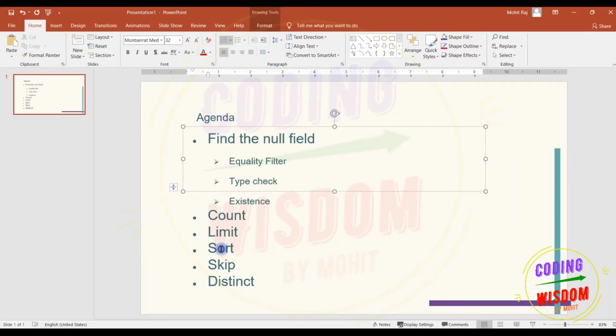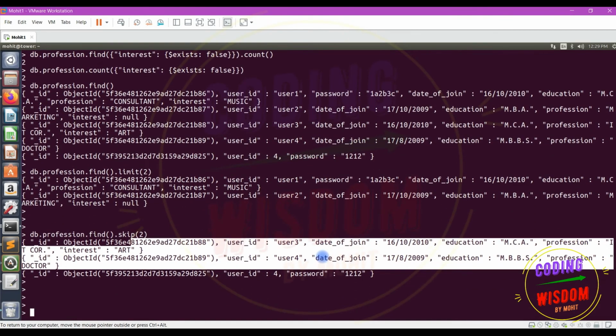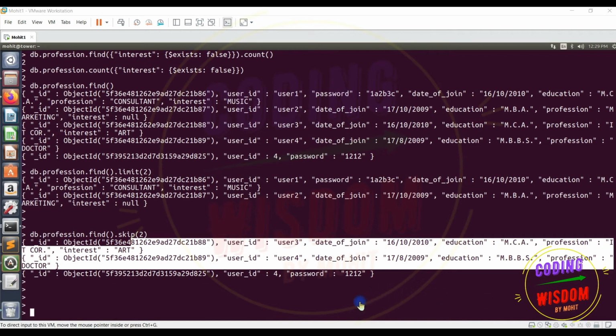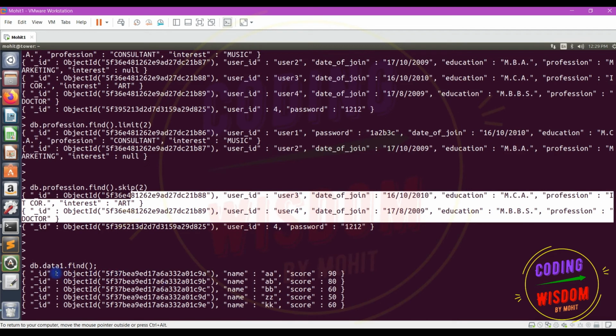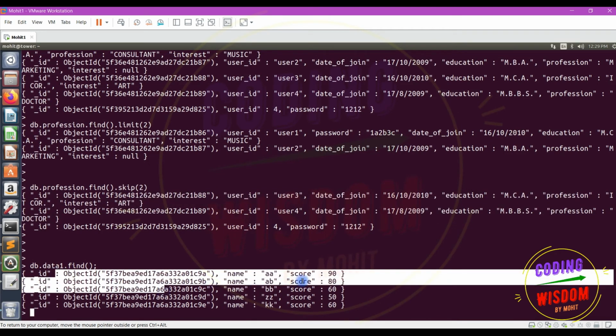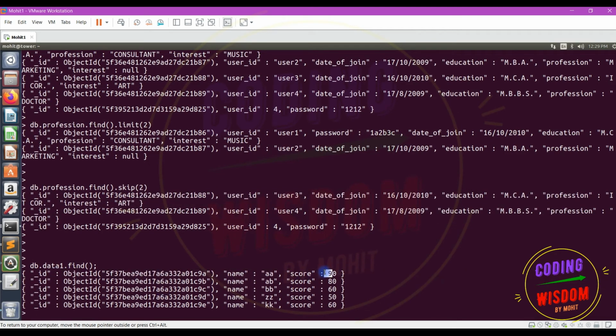Count, limit, sort. Next is sort. Now let's check the sort method. Let's see this collection, data1. This is a new collection. Data1 contains the name and the score of a person. Name AA, score 90.